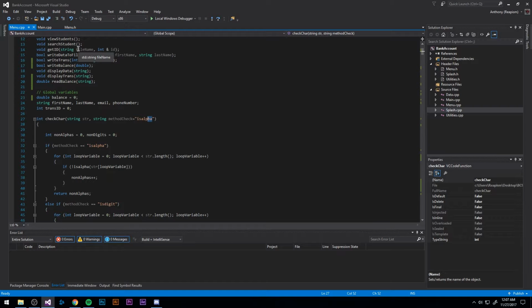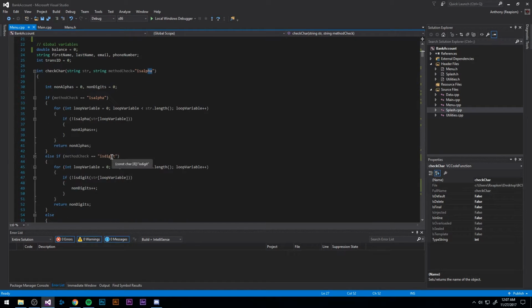So basically what it does is it checks first what your method type is. So we want to check if the string contains all alphanumeric characters, and so it does that. And it loops through each character in that string, so one at a time. And what it's really doing is it's counting each non-alpha it finds. So it does the same with digits. If it finds any character that's non-digital or non-numeric, it's going to count the non-digits and return those values as